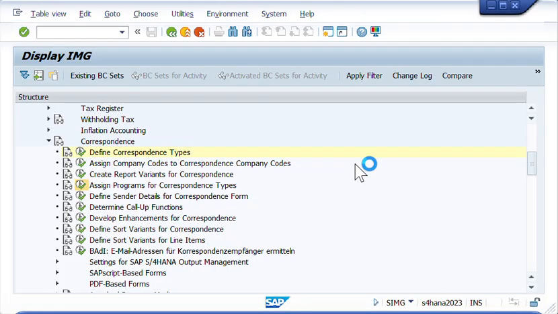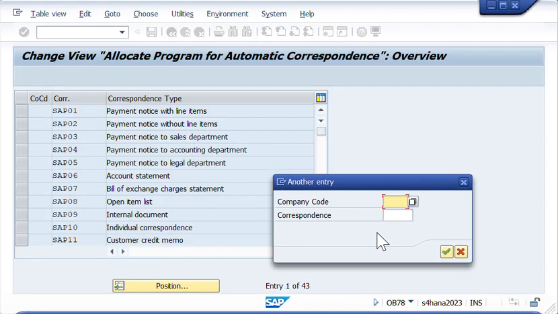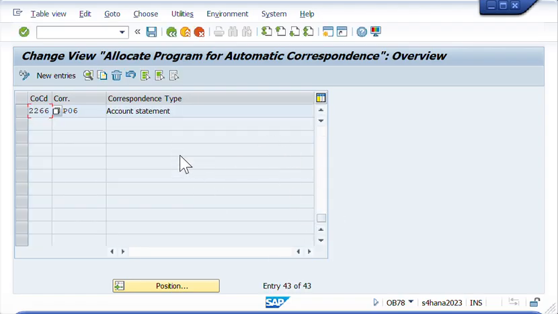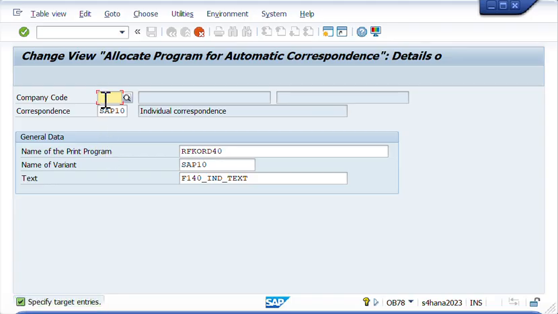We can execute this. Alternatively, it has a T code OB78, so you can use that OB78 down below. Here we will try to find if there is a correspondence for our company code, TUK2, and no, so there's no TUK2. So let's use the standard SAP 10 and highlight this one, individual correspondence, and then copy, and then assign